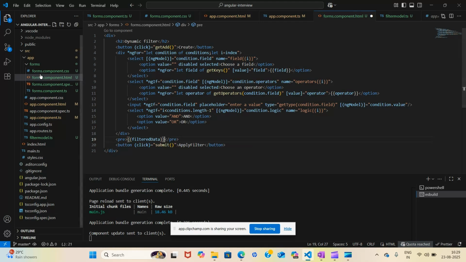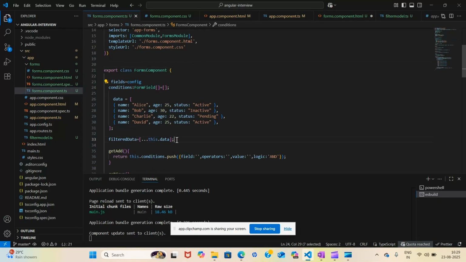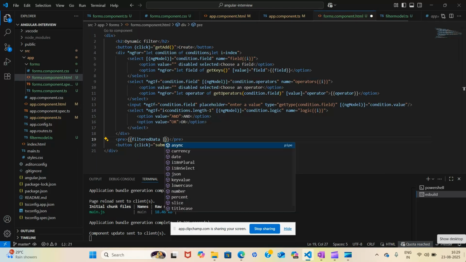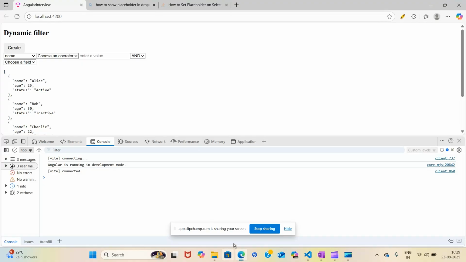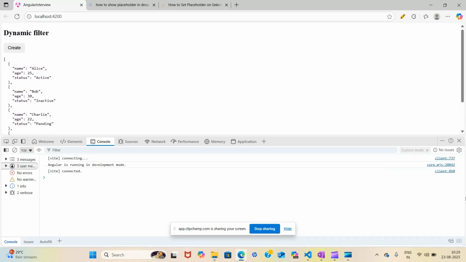This filtered data is where I have stored this data, and I want the display to be in JSON format. So just write this. Let's see if it is working as expected. Right now the whole data is displaying. Just refresh it. Yeah, the whole data is visible.